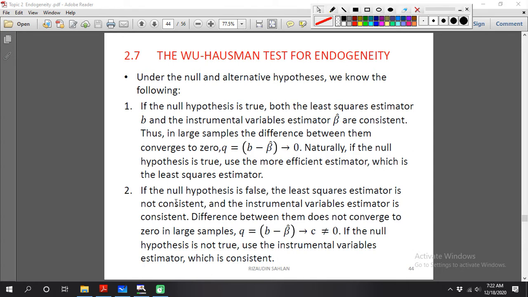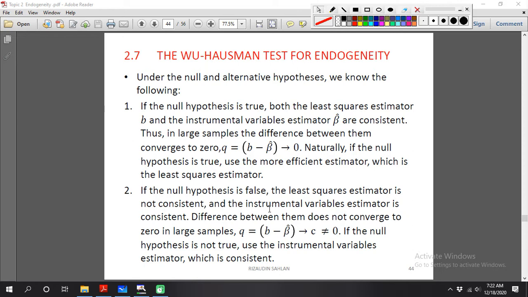If the null hypothesis is false, it means that the null hypothesis is rejected. So when we compare OLS and the instrumental variable, the coefficients we get are different. The results are different. Of course, the difference happens because there is endogeneity.